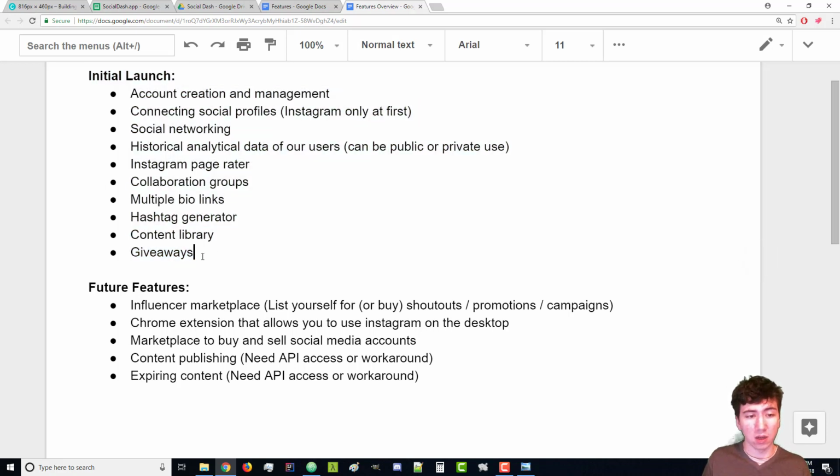This might change. And then these features here are something I'm wanting to add in the future. So the influencer marketplace is kind of like Fiverr, but just for shoutouts. So you can list your page and then people can contact you to do business with you. But this is something that doesn't really make too much sense to launch at the start, because if no one's there and we're slowly getting users, then no one's going to really be interested in joining a marketplace where no one's there. So it makes the most sense to launch this later on, whenever there could be a bunch of people joining it right as we launch it. So once we already have a good number of users, then we'll be launching this service.